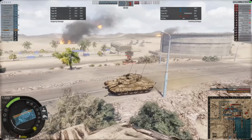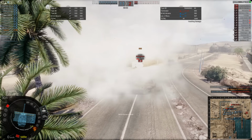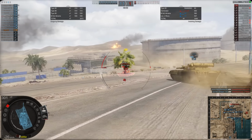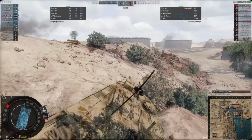I don't know. But there you can see the Abrams comes round, gets the spot on me. I pop some smoke. It's not very effective. He gets a shot into me. I take a shot from the Leo 2 Revo as well. And I kind of get a shot back on the Abrams doing 508 damage. And I pull back. I needed to preserve my hit points. We're down to 301. I would have been a one-shot kill from...